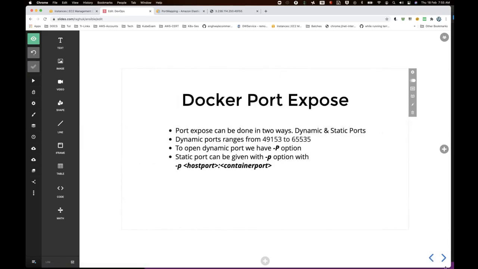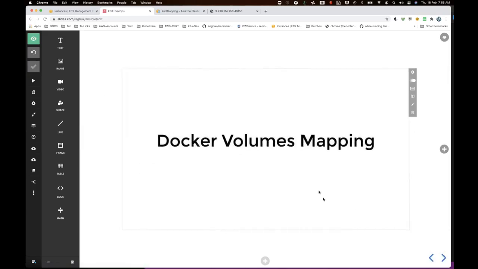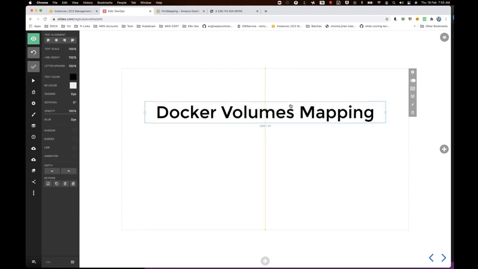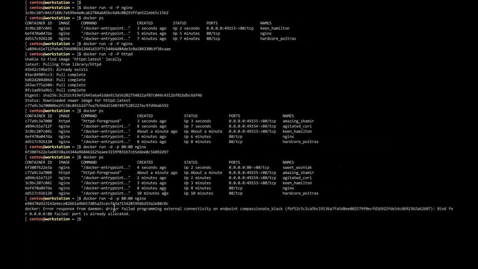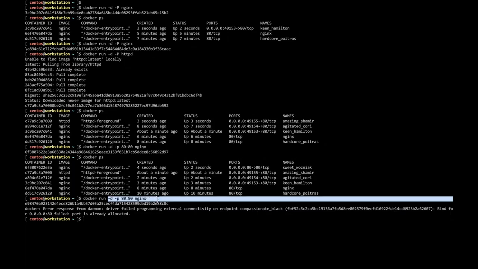Yeah. So the next thing here is Docker volume mapping. How do you map your volumes with Docker? That means sometimes we need some persistent data. As of now, you're just using stateless applications like Nginx. Now I can go for stateful applications like